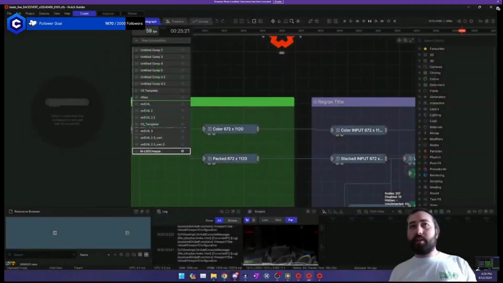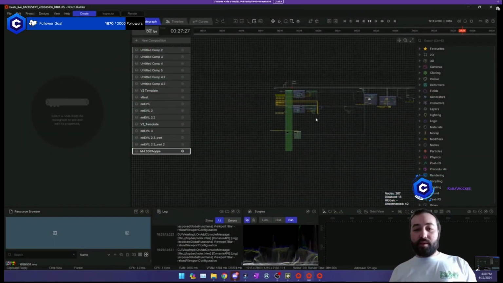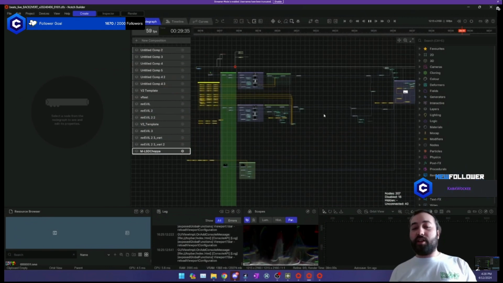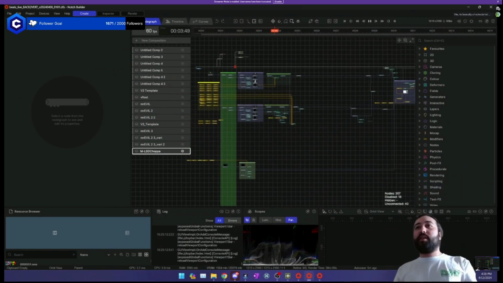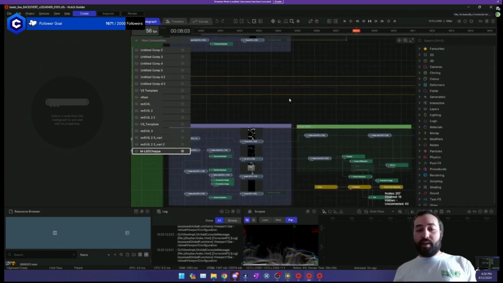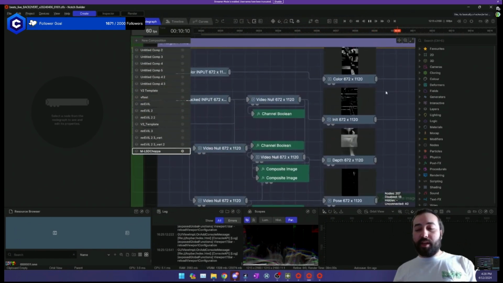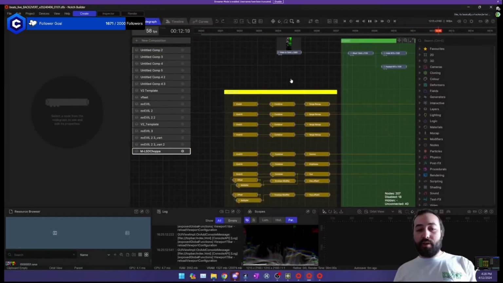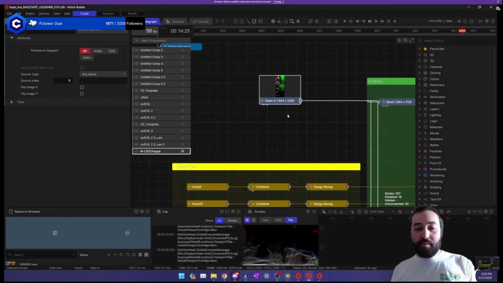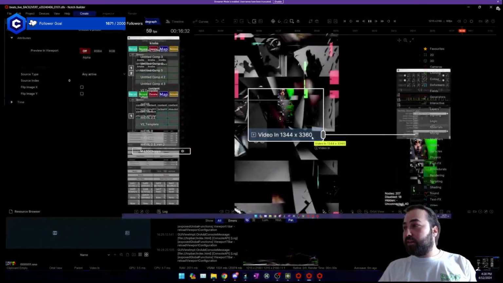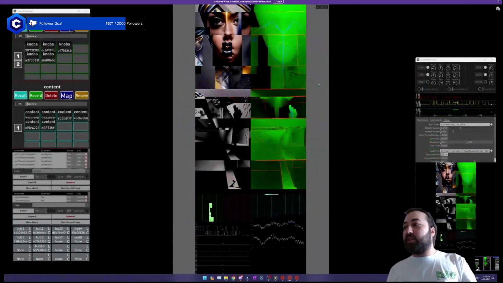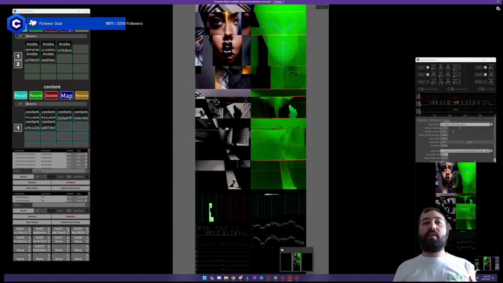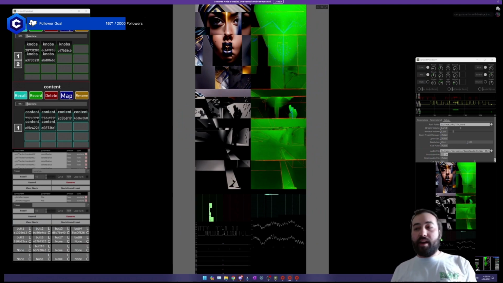On the Knotch side over here, this is how I'm compositing everything. Instead of doing all that stuff I was doing in TouchDesigner to get the edge and things like that, I'm doing it all in Knotch here. So the main video comes in here. Let me go to the screen. This is essentially what is coming into Knotch. It has all of my passes.